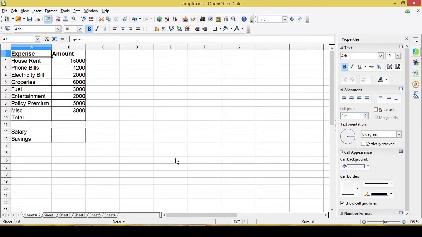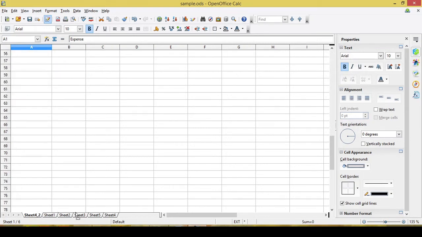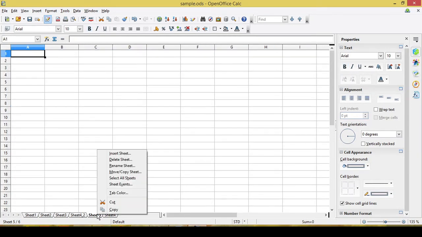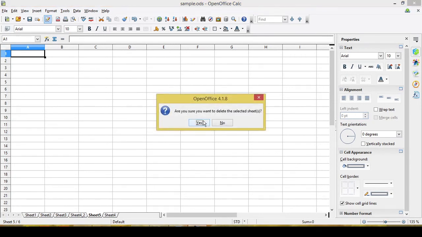That is the insert sheet dialog box. Now if you want to move your sheet, you can move it. Like I want to place this sheet after sheet 3. So just click and then drag it. So yes, after 3. So this will change. We can move a sheet from any location. You can place it anywhere. The same way I have even shown you how we can delete the sheet. Just right click your sheet and then click on delete sheet. This will delete your sheet.